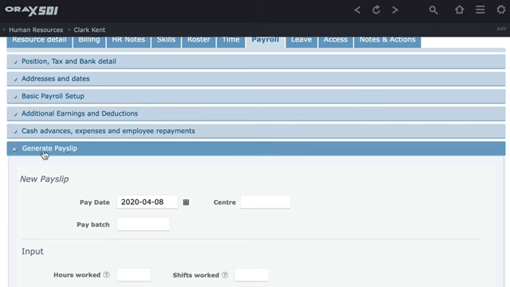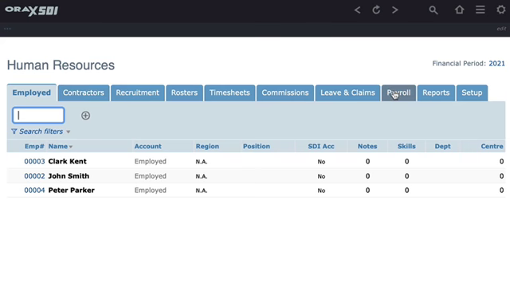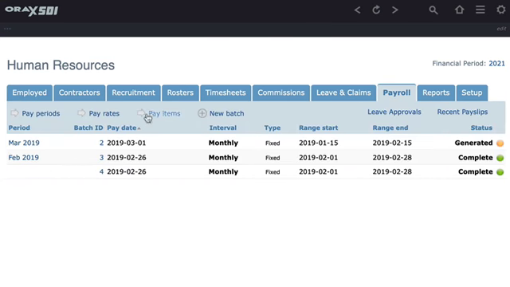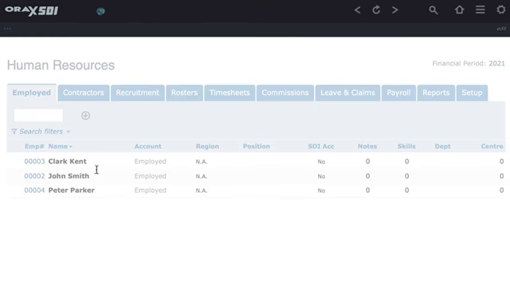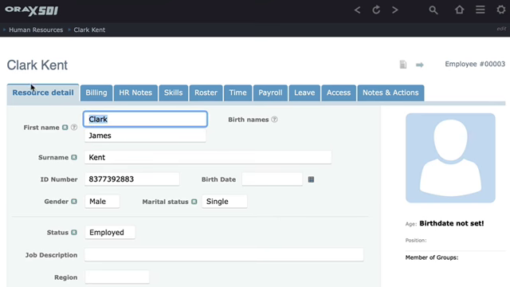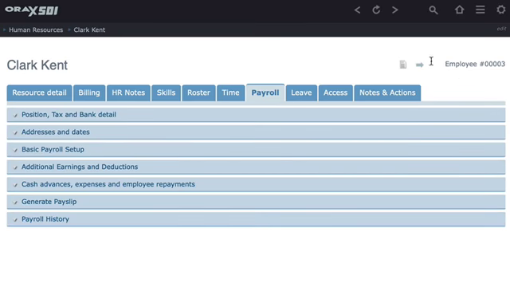What's important, generate payslip, is basically what you do on a per employee record. So I suggest you don't do it here, but you instead use the HR payroll tab to do a payroll batch, which is here, and that will allow you to generate payslips for several or all employees with the same effort just once off. So it's much more effort to jump through each of these employees. So you can basically go to an employee's payroll tab, generate a payslip, then skip to the next employee, do the same one